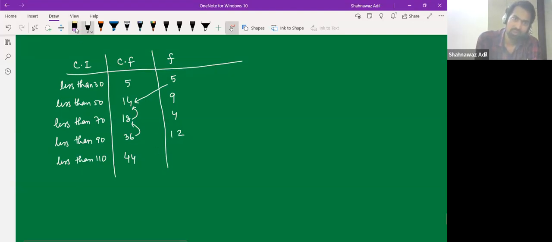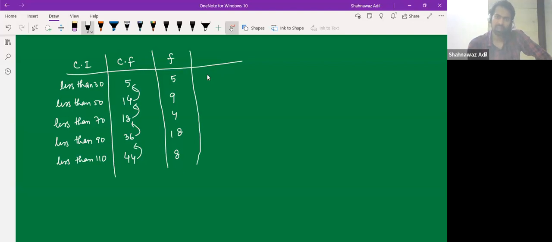Oh, so this would be 18. 18, and then we subtract from this one. So this would be 8. So this way we can calculate the frequency. We subtract from this one, right? Not the diagonal one, but this one. So in this way, we can calculate the frequency, and then we can change our class interval into the continuous